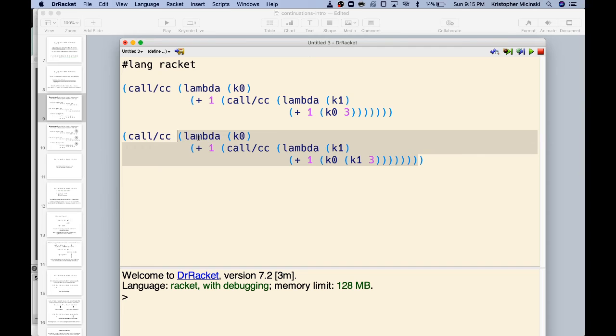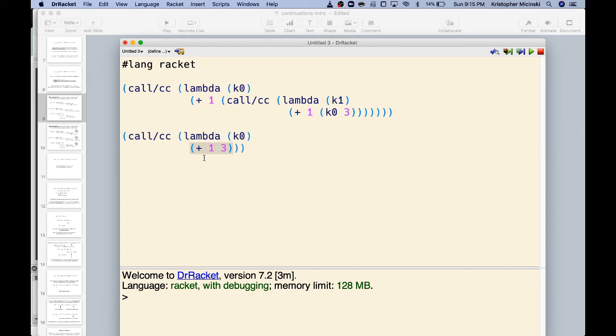So I've got call CC K0, I've got call CC K1, and then I do +1, K0, K1, 3. Okay, so I'm going to call this K0. To call that K0, first I have to compute K1. Okay, so then, boom, I jump to this point right here. I replace this entire thing with 3, and then I just get +1, 3, and then the rest of the